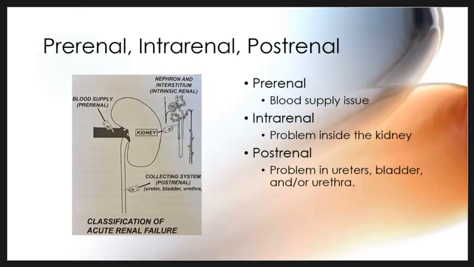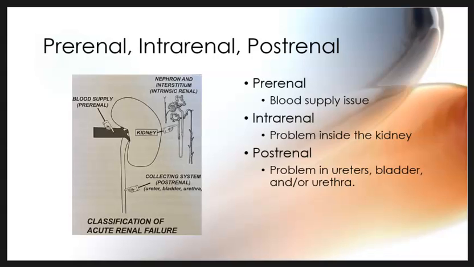Renal failure can be classified into one of three types. Pre-renal, which is where there's an issue with the blood supply to the kidney. This can be caused by hypovolemia from hemorrhage or dehydration, or in atherosclerotic disease, which decreases the blood flow to one or both kidneys. Intrarenal, where the cause of failure is coming from within the kidney itself, or postrenal failure,